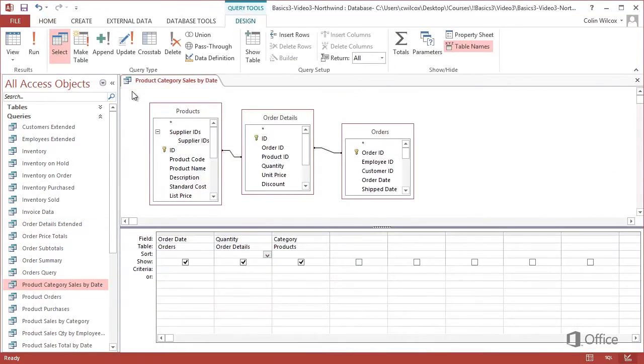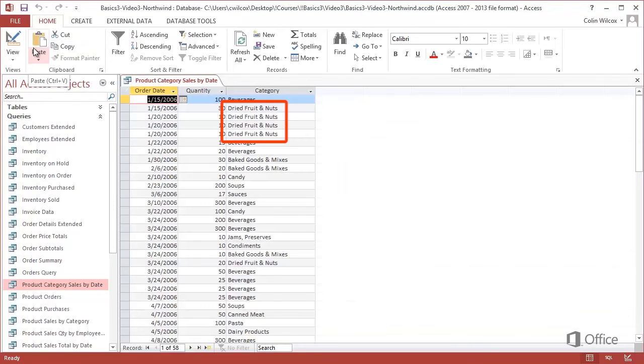So next, look at the Totals button. This is a fast way to add sums, averages, or other calculations to a query, and here's an example. You can see we have 3 tables and a field from each, and if I run the query as it is now, we get a lot of repeated categories. So back to Design View,